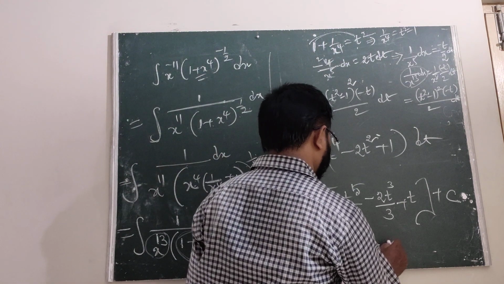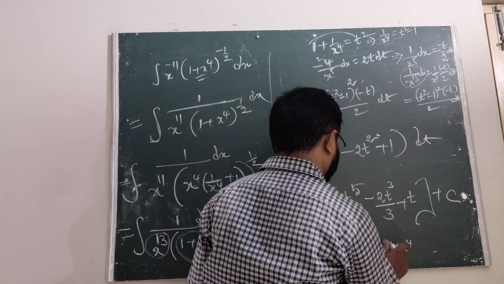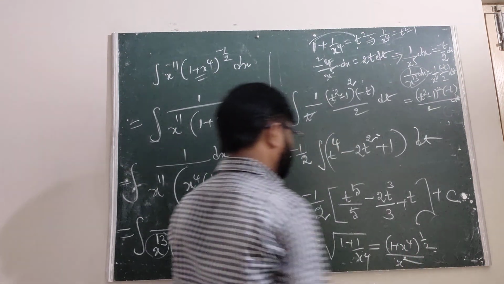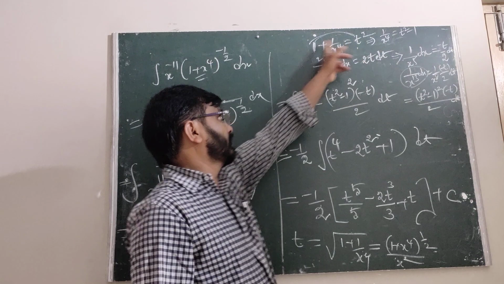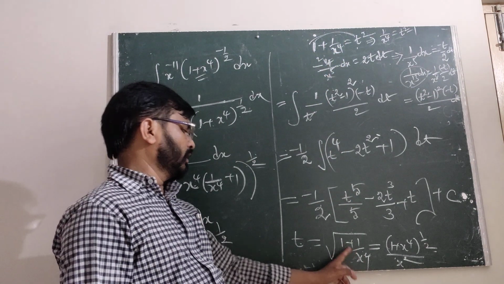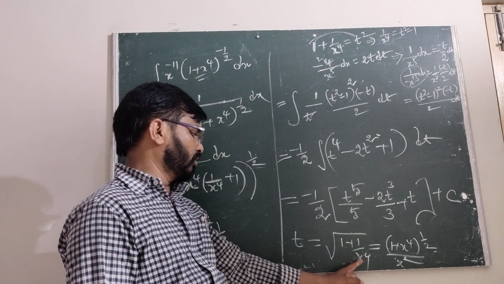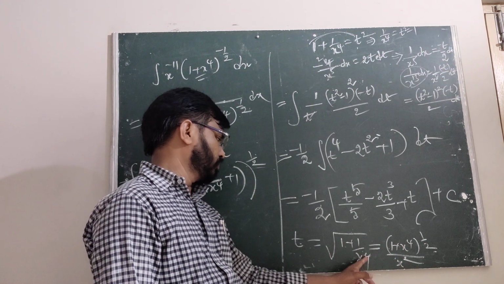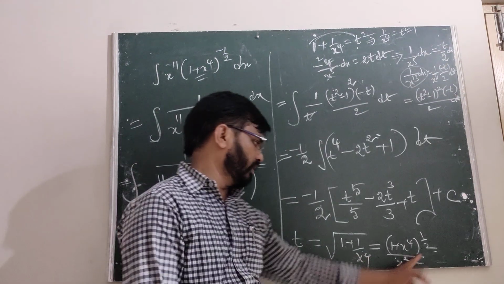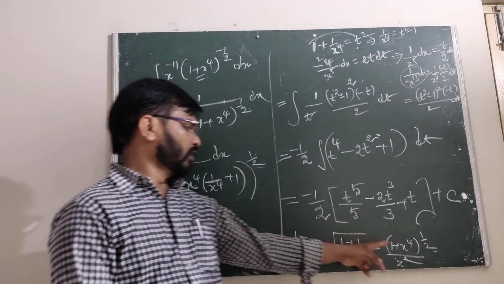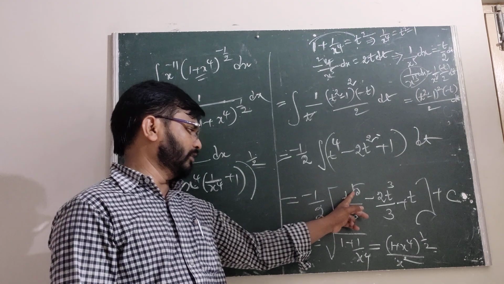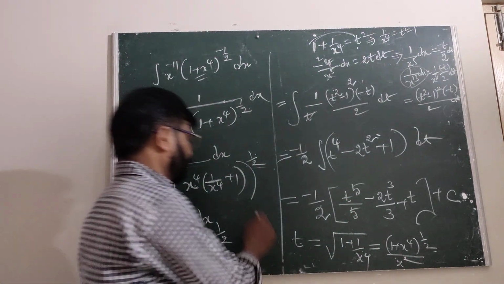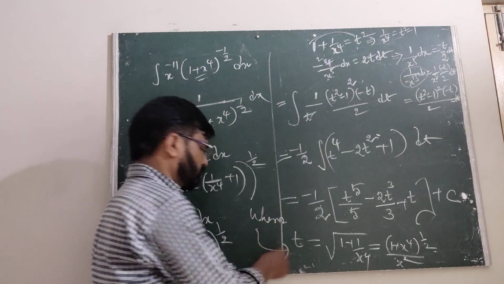Now this is also written as 1 plus x power 4 whole power 1 by 2, that is x square. Is it clear? The t is sent to the other side. This is 1 plus 1 upon x power 4 under root. Therefore this is 1 plus x power 4 whole root over x square. Now substitute this in: 1 plus x power 4 whole power 5 by 2 over x power 10, into 5. We can write where t is this one.